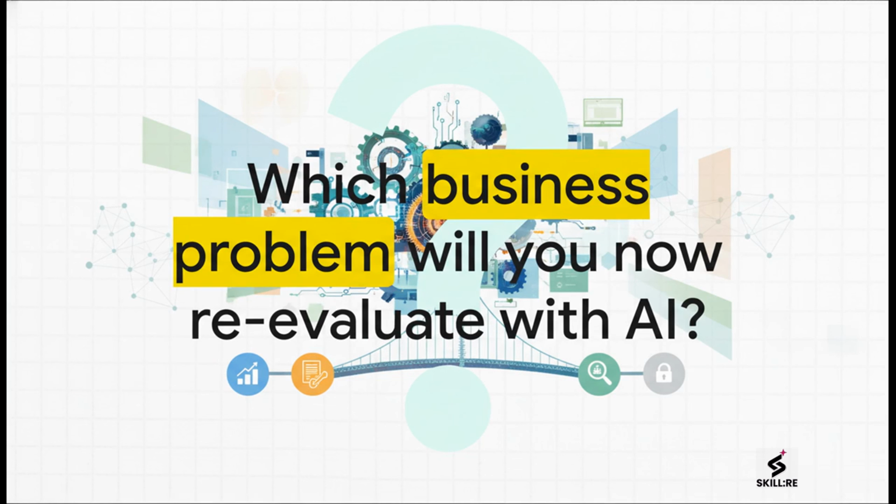So, we've taken a quick look under the hood at the core mechanics of how AI really works, and I just want to leave you with this question. Now that you can see the engine, now that you understand how these learning systems actually work, what challenge or opportunity inside your business looks different to you now? What's one problem you're going to reevaluate with this new lens?